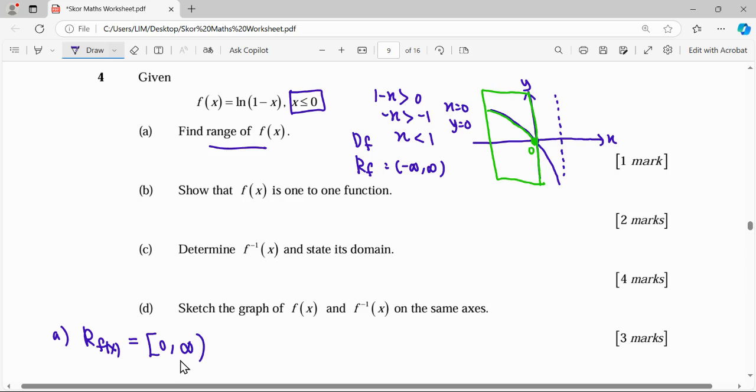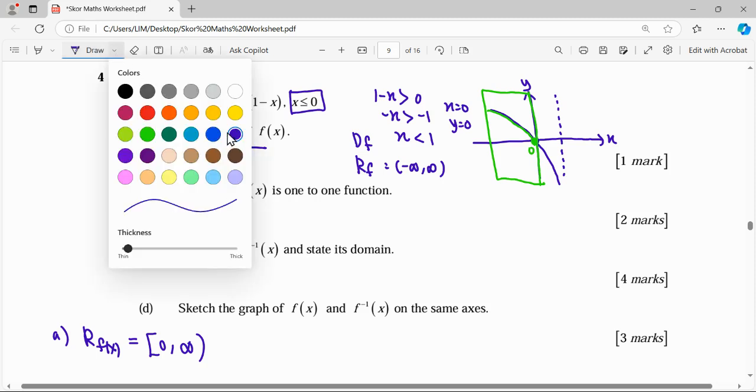So it will be no longer negative infinity to positive infinity, because this is not the whole piece of the graph already. It's just one part only, which is 0 to infinity. And then for the second part,